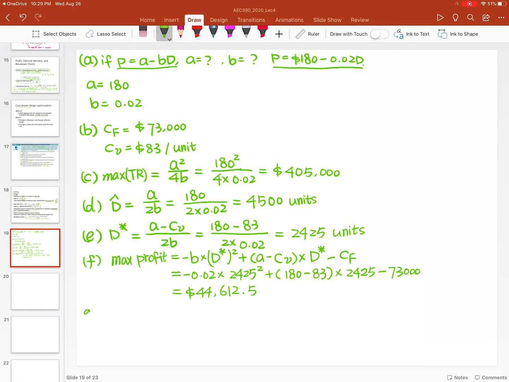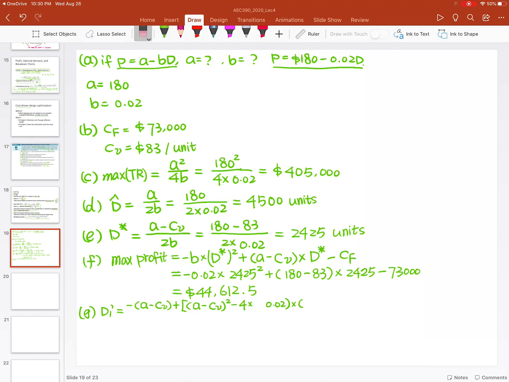Okay, and then question G is, what are the break-even points? What's the range where you can make your profit? So that range is determined by D1 prime and D2 prime. We say D1 prime is minus A minus C lowercase v plus a whole bunch of things, right? That is A minus C lowercase v square minus 4 times minus B, B is 0.02